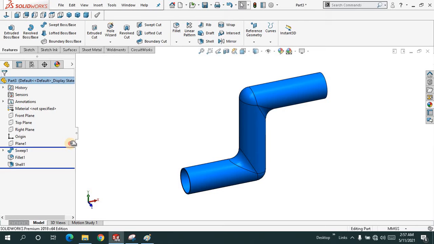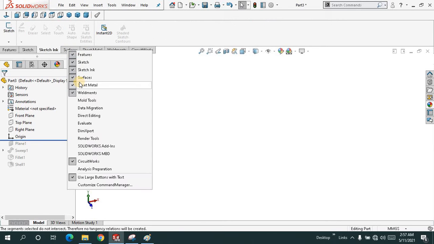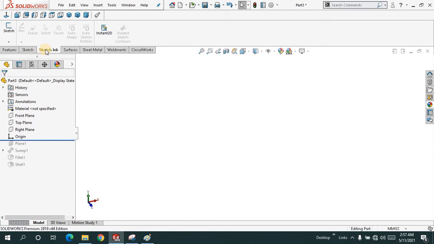Let me suppress this for now. And if you do not have this option, Sketch Ink, just right click over here and add it from here by checking all. Click on Sketch Ink, Sketch, 3D Sketch,